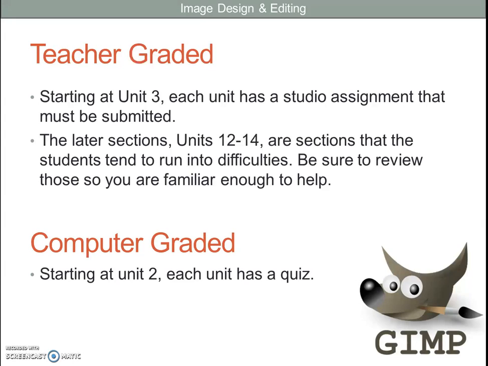Our next one that we're going to talk about here is the teacher graded assignments for image design and editing. Here with the teacher graded assignments, it's going to start at Unit 3, where each unit has a studio assignment that must be submitted. The big ticket here is that Units 12 and 14 are probably the most difficult because it combines a lot of the tests that they've learned before into